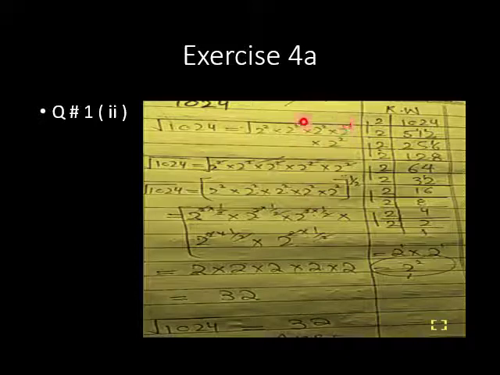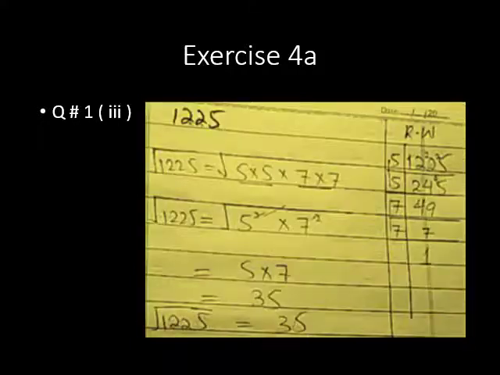So we will write under the square root, and then write the value of the square root. Then we will cut the power of 2 with the square root value, and we will get 5 times 2 multiplied, which gives 32. 32 is the positive square root of 1024. Next, we will see here